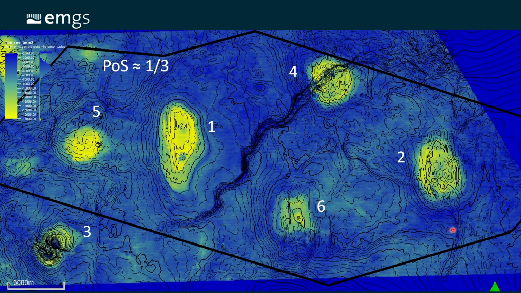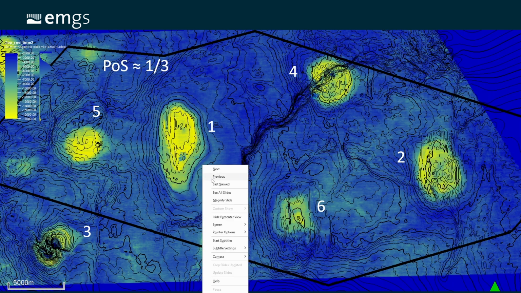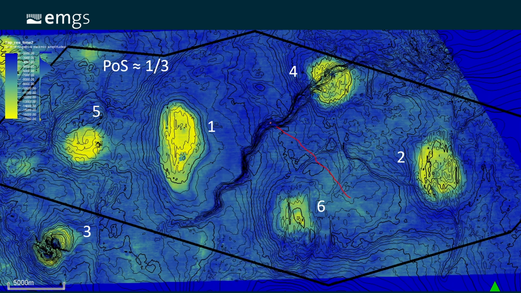So as a summary of our seismic observations so far, what we have here is 6 prospects, very similar in terms of their reservoir, their structure, their source rock and their seismic response. They're all very, very similar. The main risk of this play is the seal working, and in that sense the prospects in the center, so these 3 prospects in the center, will have slightly lower seal risk,